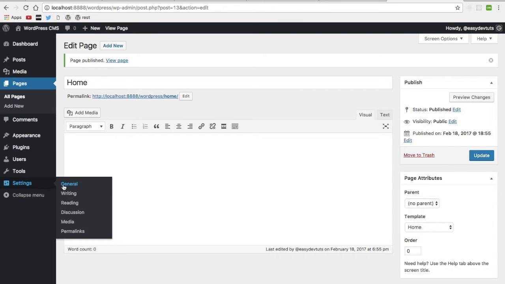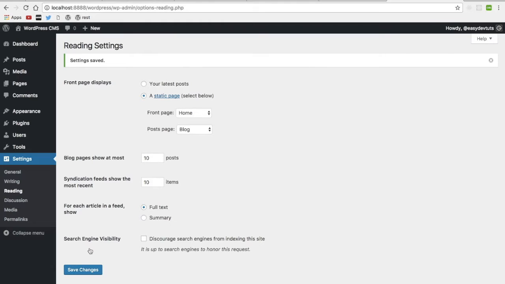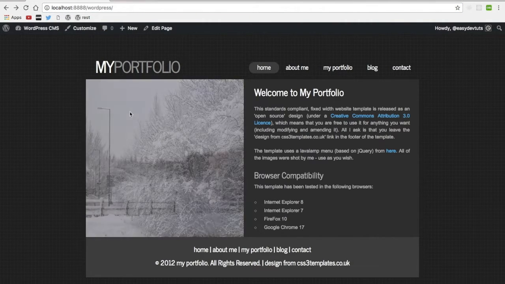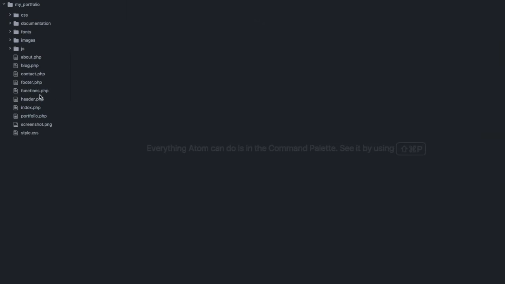Then what I'll do is under the settings and reading, I'm going to set the home page or the front page to home, and I'll set the post page to blog. Now let's visit the site, and you can see here we're at the root of our URL, and we're looking at the home page. So to get started, we'll need to switch to our editor and open up our functions.php